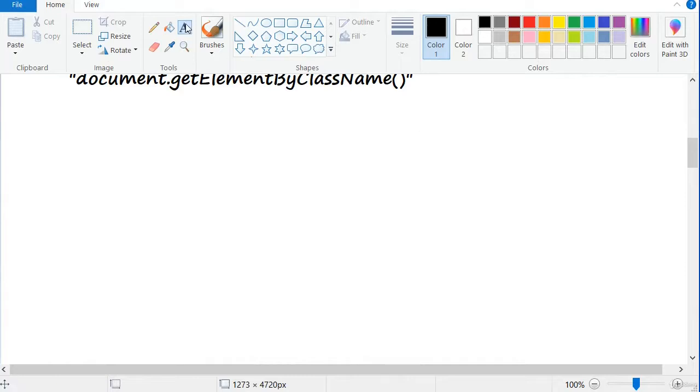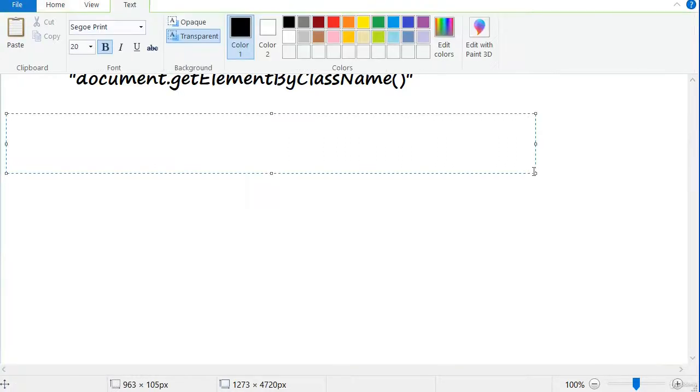Next we will discuss how we can refer by a common name. Refer by common reference name. First we will discuss about this, then we will see an example.